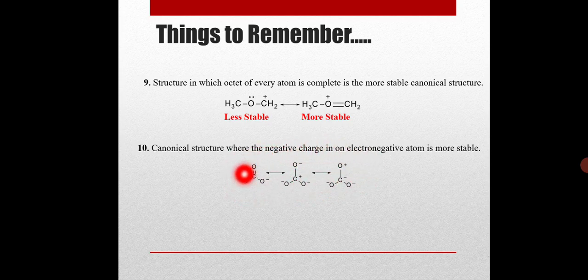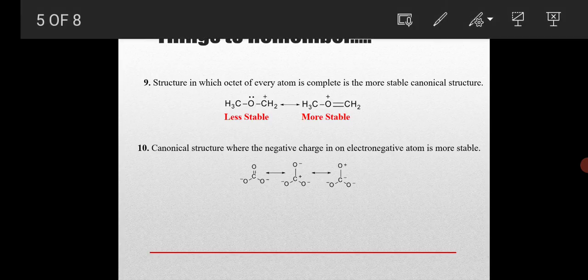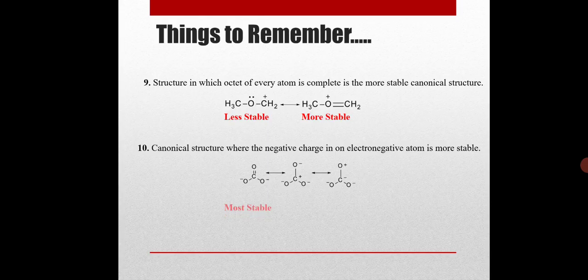So carbonate can have 3 resonance structures, but are all resonance structures contributing equally? No, they are not contributing equally. Let's see which is more stable. This is more stable because here there is no separation of charges, so this is the most stable. In the remaining 2 structures there is separation of charges,